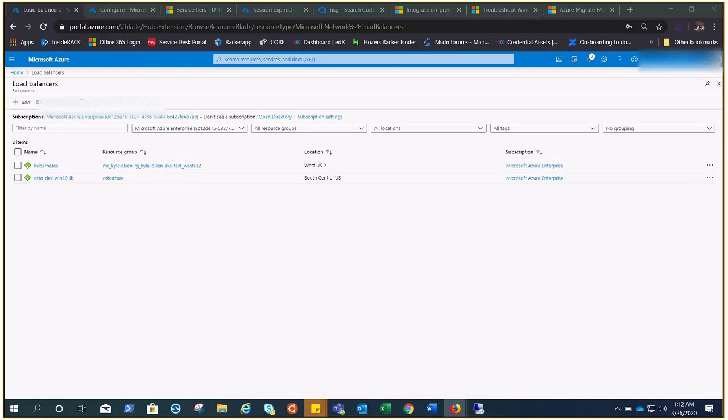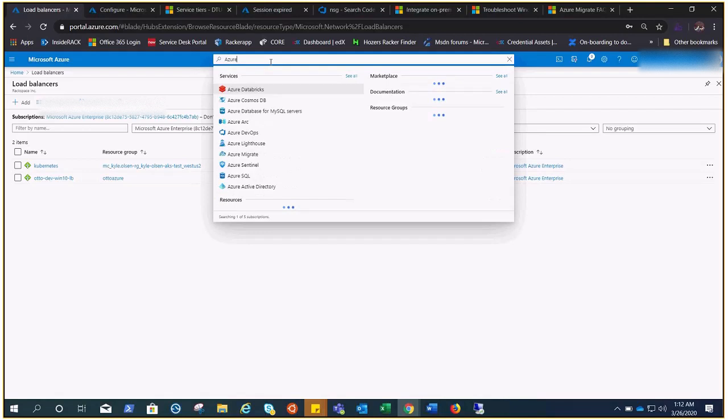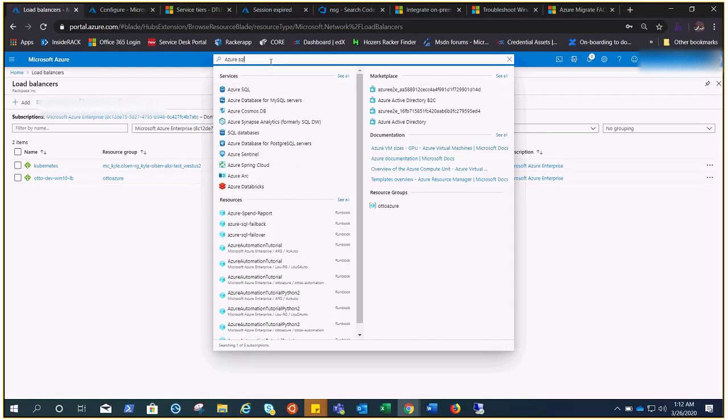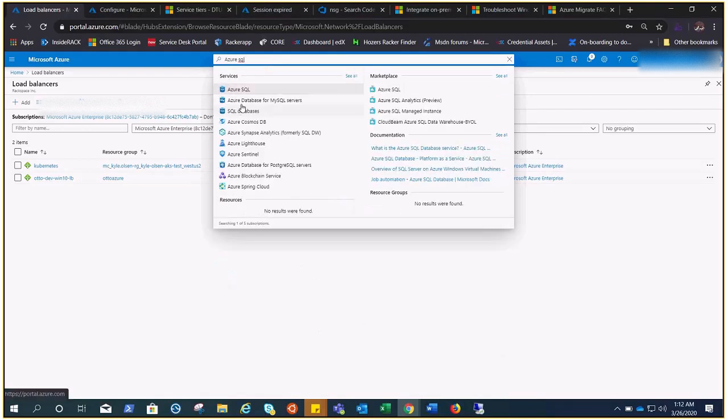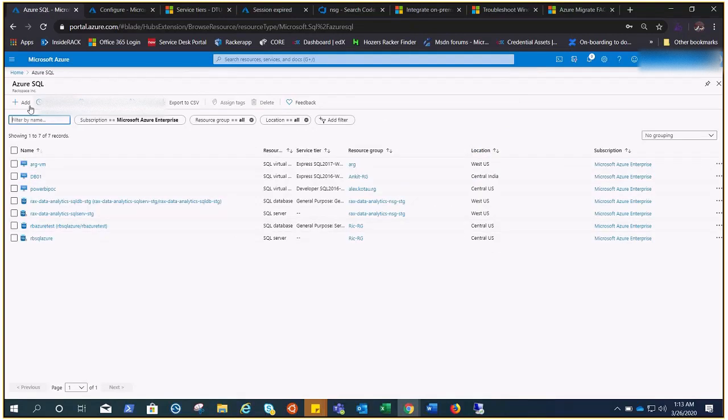Today we are going to perform the Azure SQL database demonstration, a very simple demonstration where we will see the various components which are required to work with the Azure SQL database. So you need to go to the search bar, type in Azure SQL, and you would find SQL database, MySQL Server, Azure SQL. Okay, let's click on Azure SQL. Click on Add,